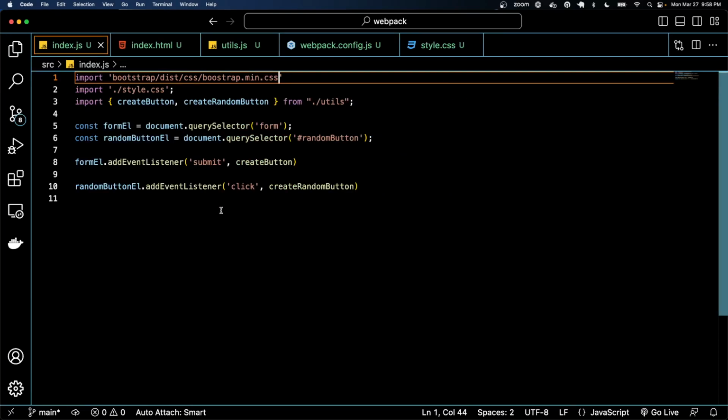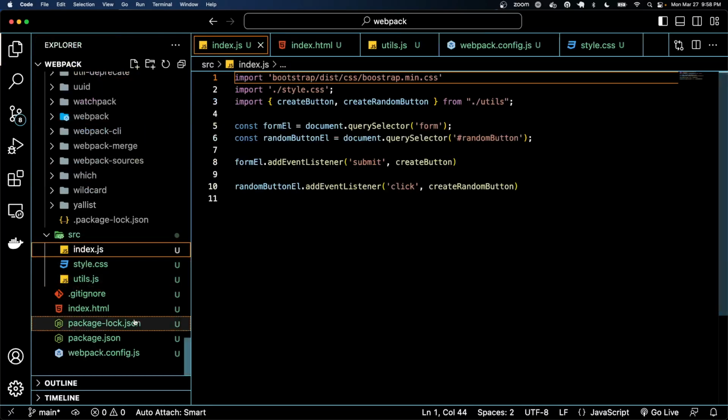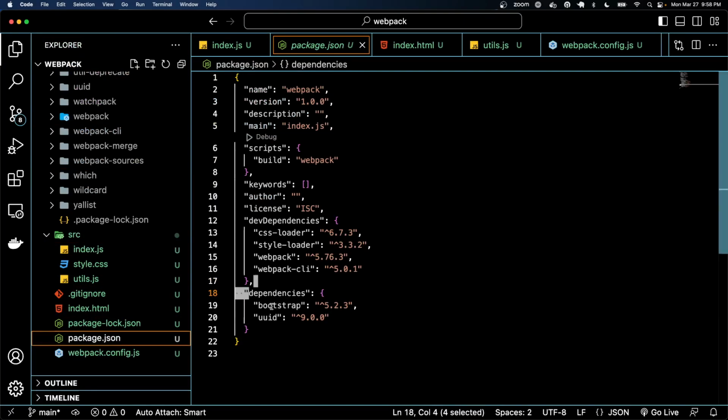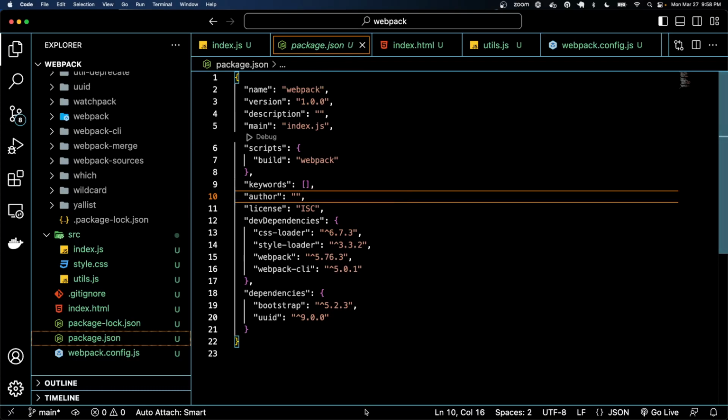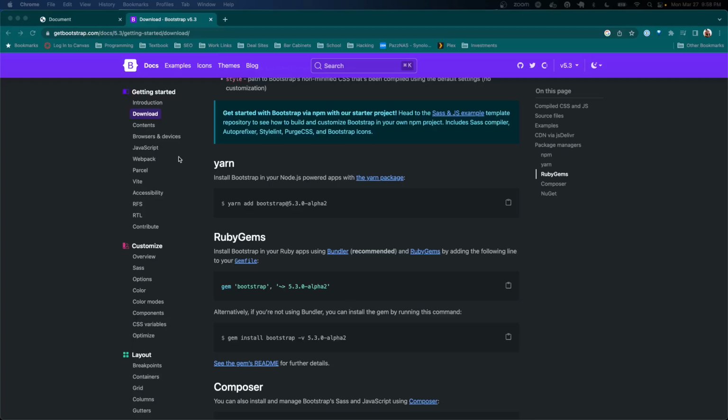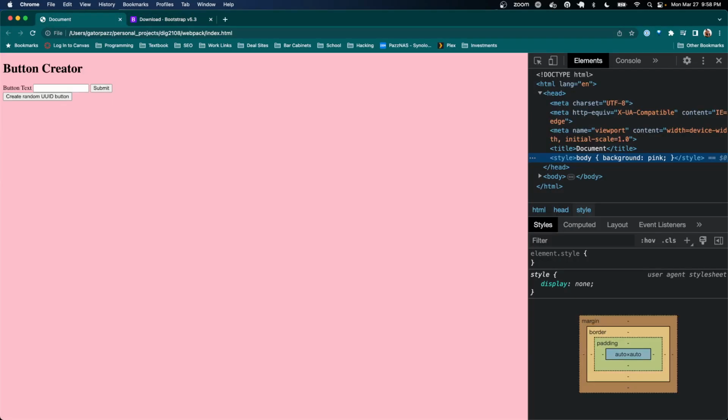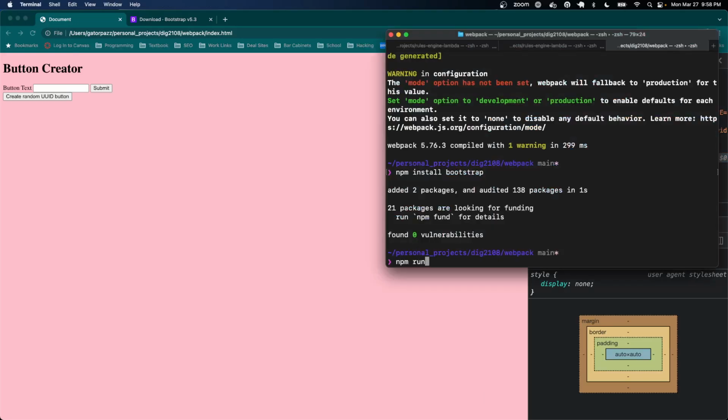So now we can bring Bootstrap into our project without having to do a lot of manual steps. We don't have to do a CDN. We can install it, which allows us to keep track of it in our package.json as a dependency. And then with the CSS and the style loaders, we can just import it into the project. And so we don't have to add a link into the HTML. So if we go ahead and npm run build,